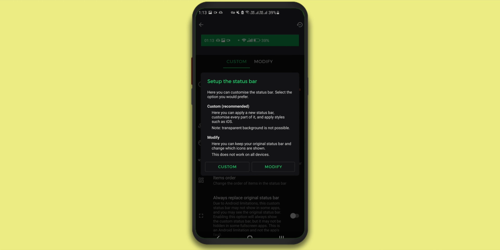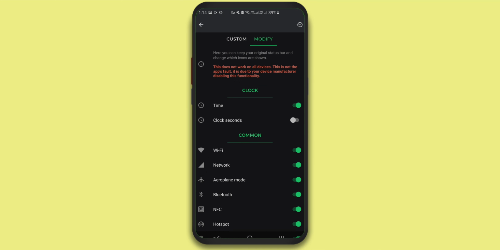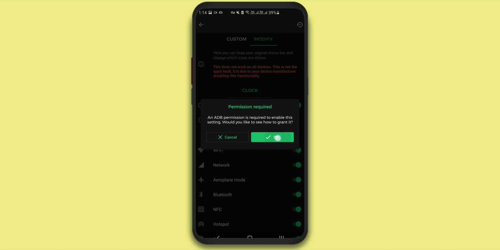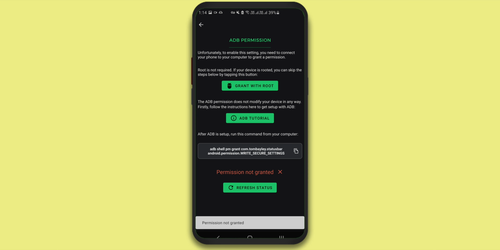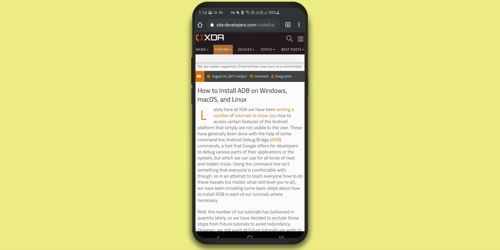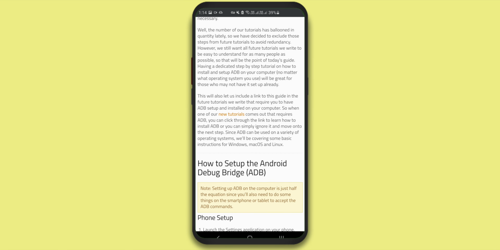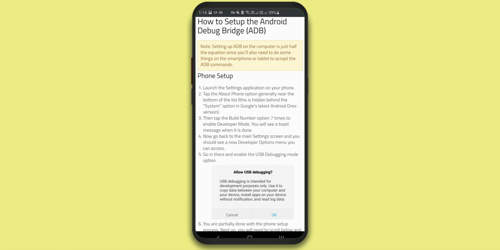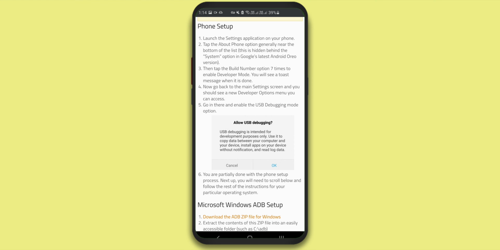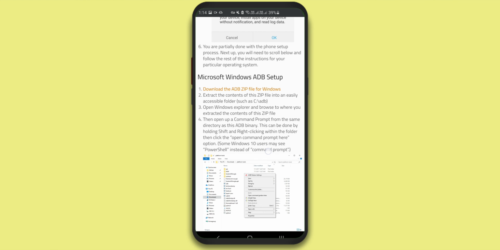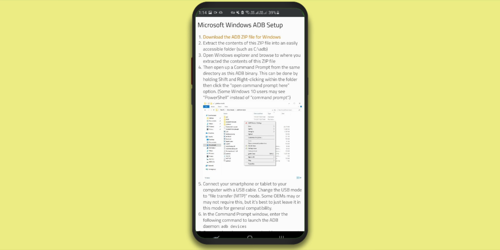So the next up is status bar, and as you can see, you can customize and modify as well. So let's click on modify. So as you can see, as I thought about turning off the time, it will show me that an ADB permission is required, and when I click OK to grant it the permission, it will take me to this page where I can see the ADB tutorial, and a new link will be opened where you can have the entire step-by-step process how you can do this step.